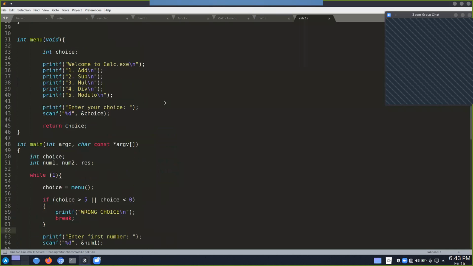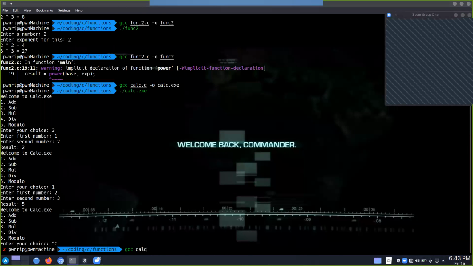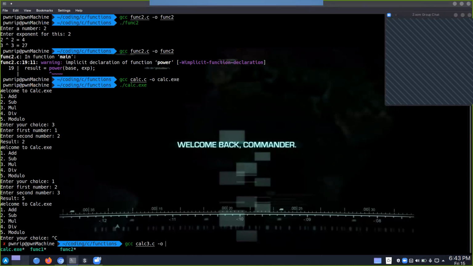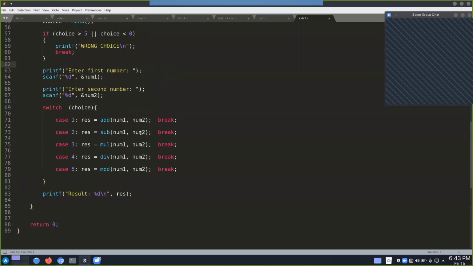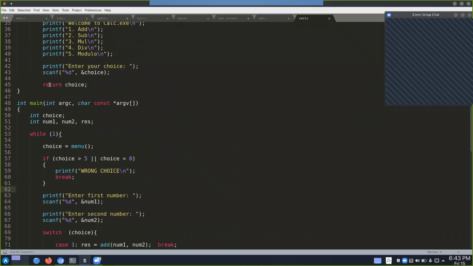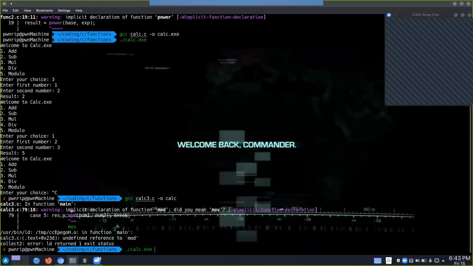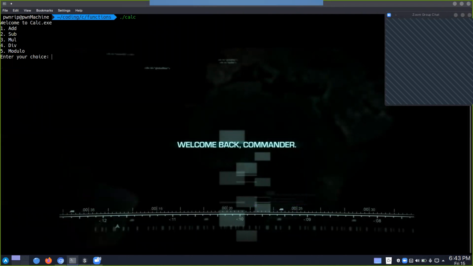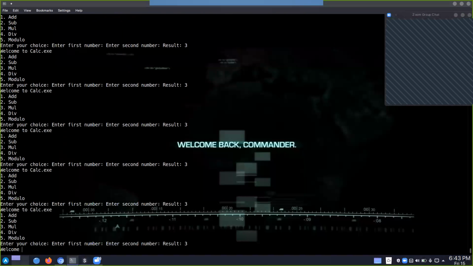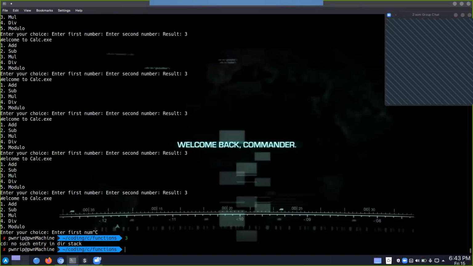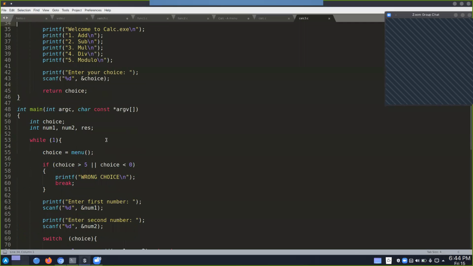Now, let's just compile it. gcc calculator 3 dot exe to calc. Okay, so let's try an invalid choice. So we get a wrong choice. Great. Now let's say add. First number is 1, second number is 2, result is 3. Again, welcome to calculator. So what this offers is,